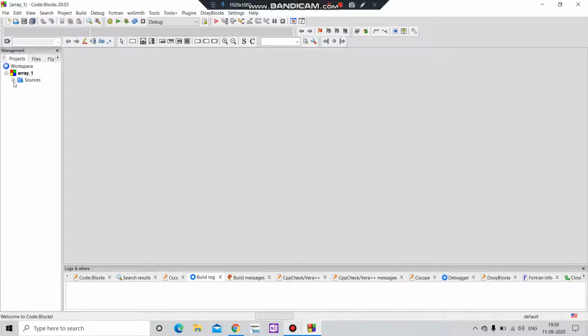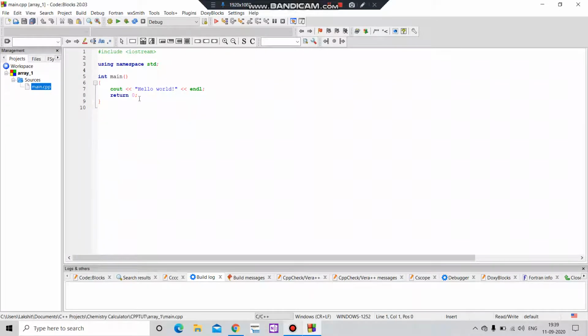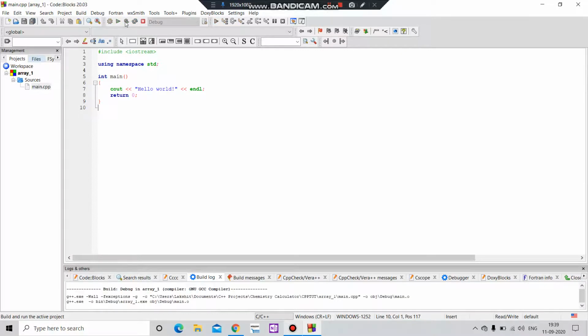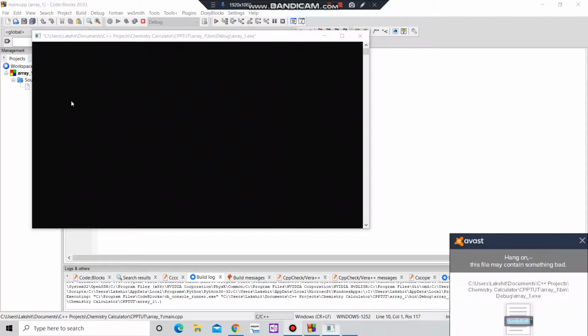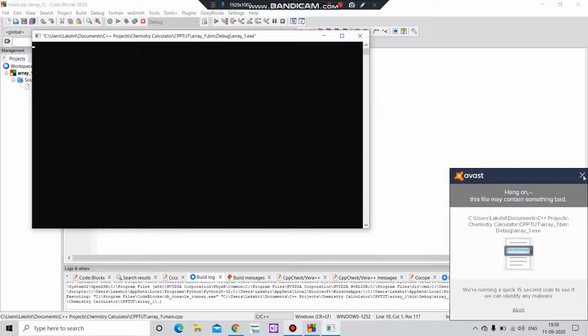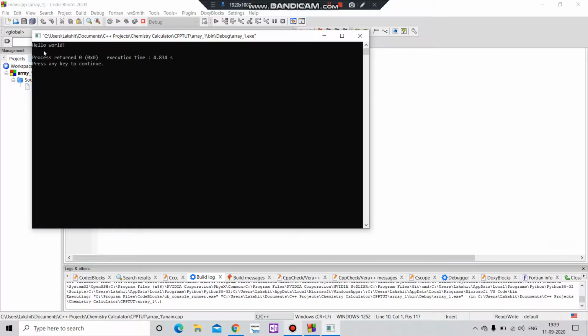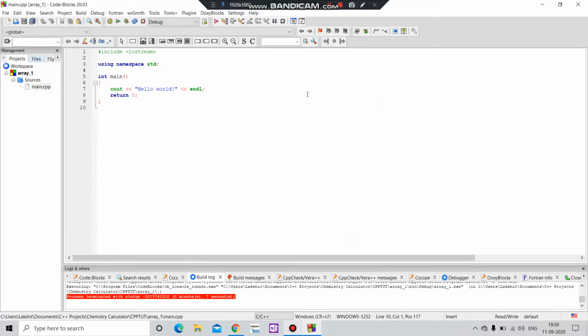Then click on this plus sign, then click on this main. Your IDE has been successfully started. It shows a hello world program. Then to run this, simply go to build and run. It will build and run your program. You can see hello world. So that's all for